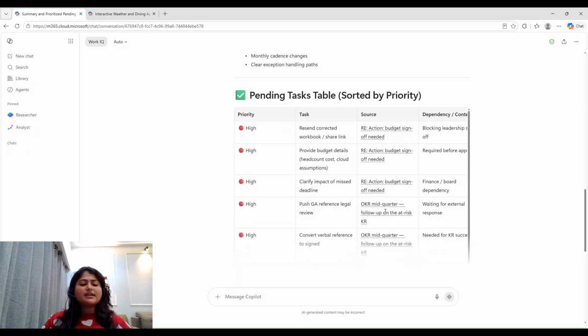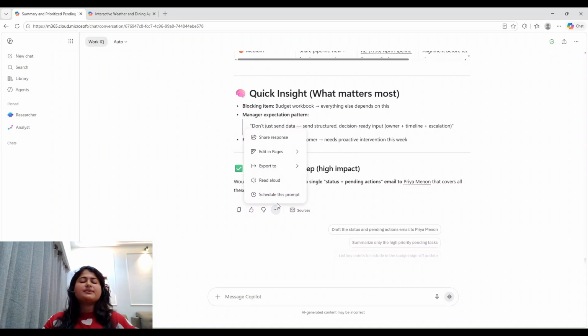Now, there are a couple of things that you can do from the output that you have got. The first thing is that you can schedule this as a prompt. If, let's say, you want to catch up on the things that have been going around when you were off, you can schedule this prompt. That prompt will run on a schedule basis, and maybe you can choose where exactly you want the answer to come.